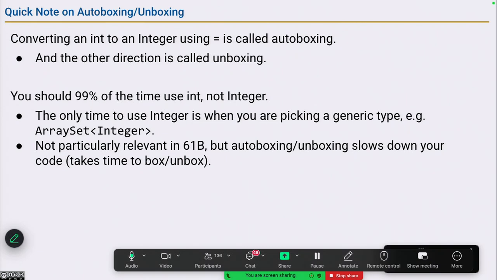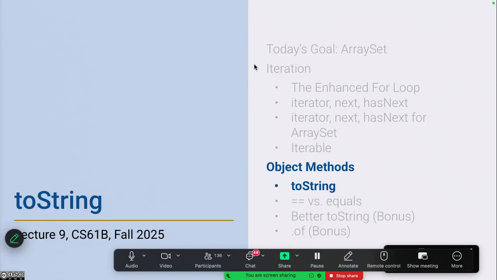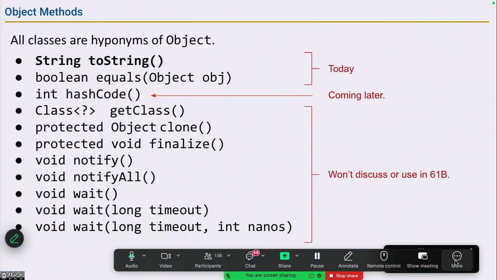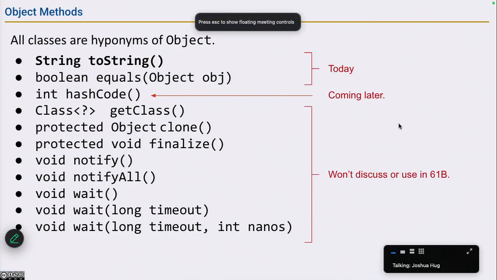Lowercase int is a primitive type; capital I Integer is not a primitive type. It's a wrapper type. And it's a class that only has a single variable that's a lowercase int. Yeah. Okay. All right. We got a couple more things we need for project 2 at the very end,